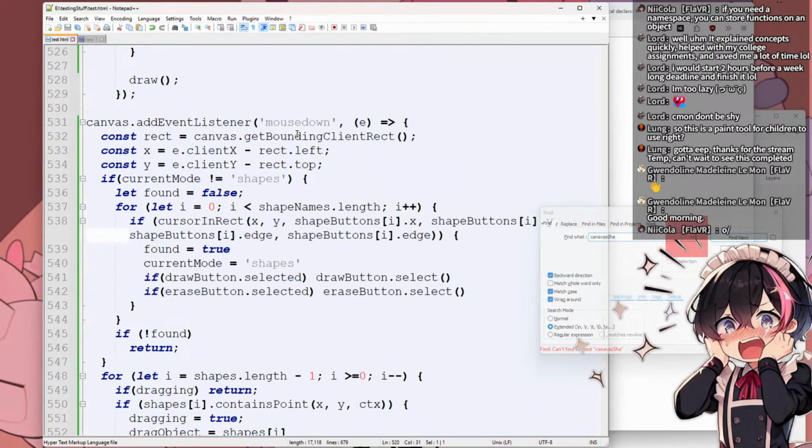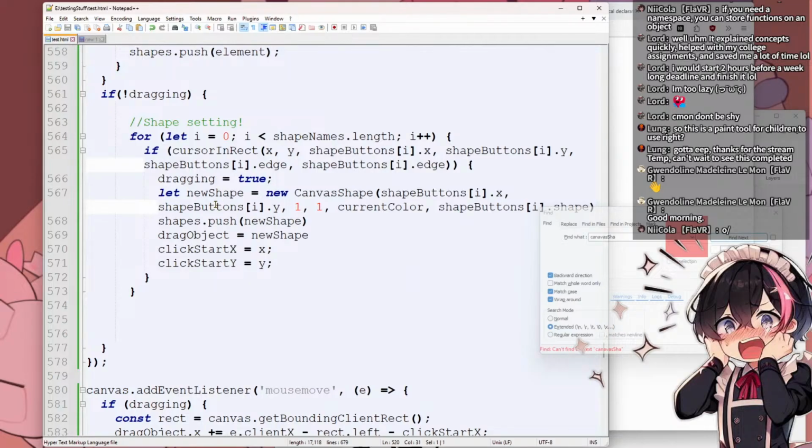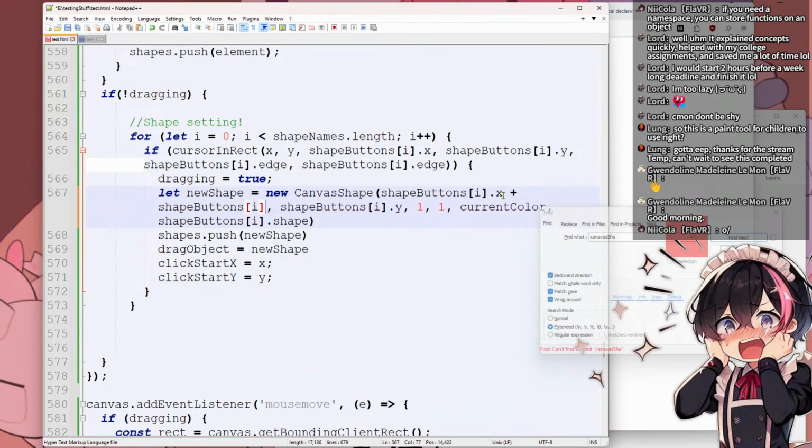Am I stupid? Oh, it's looking for capitalization. That's really dumb. Okay, so we've set it at the X plus shape buttons i dot edge